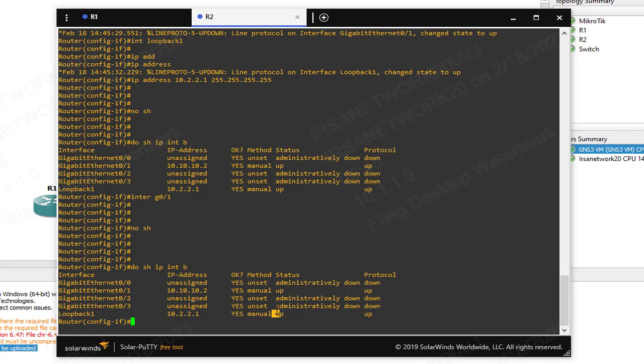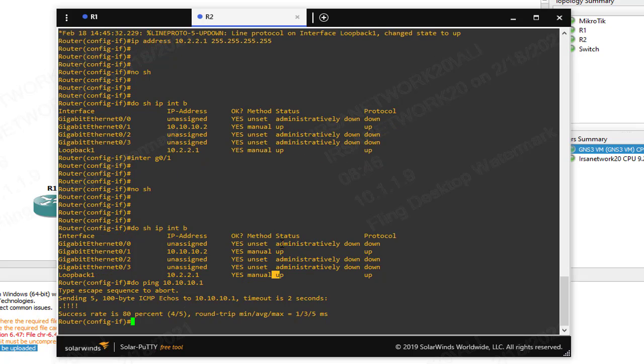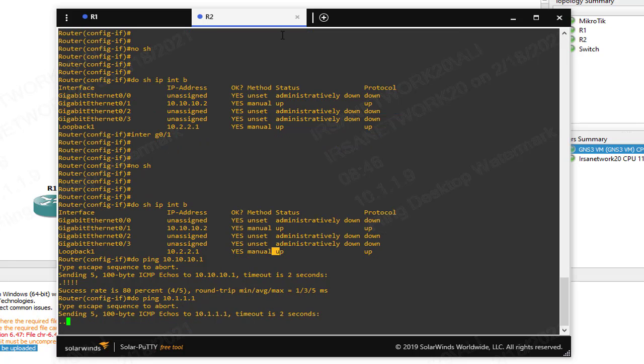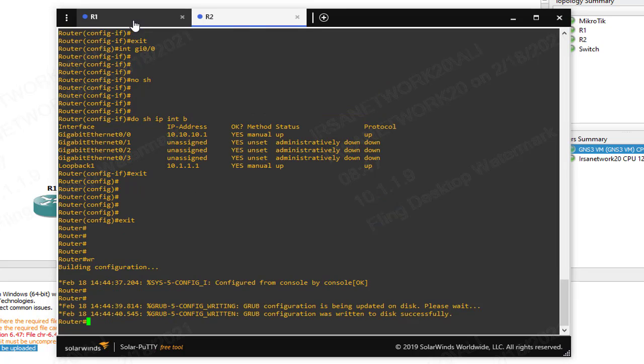That's great. And now we should ping 10.10.10.1, which is our R1. But of course, we cannot ping the loopback, because we want to configure routing between these routers. So if you want to ping the loopback interfaces in these two routers, we should configure